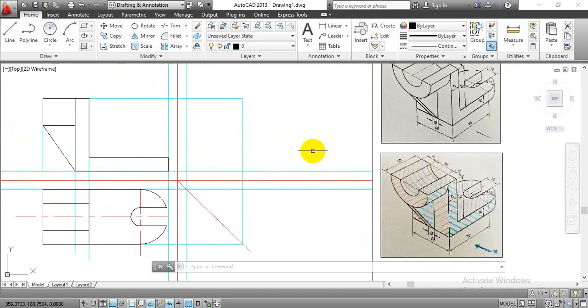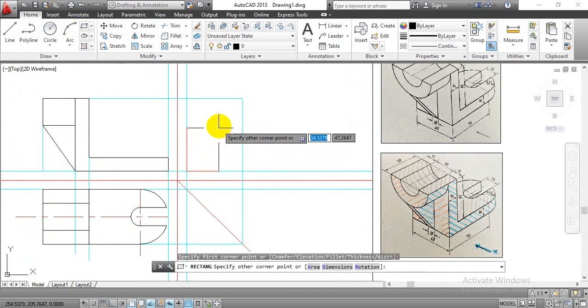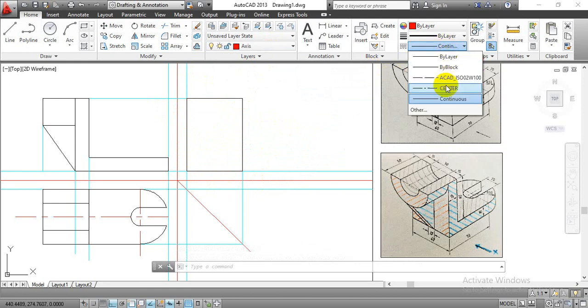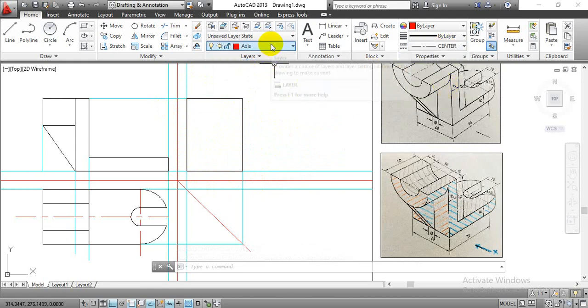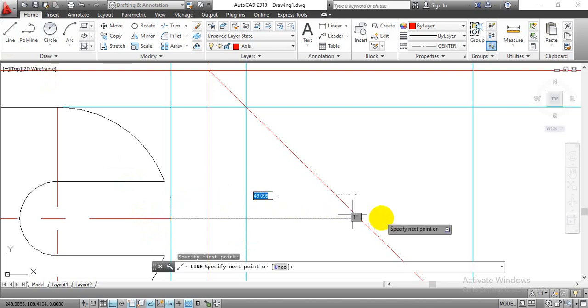So let's draw one rectangle initially. For this, height is equals to 80 and width is equals to 60. Go with this rectangle, select this corner point, this end point. Okay, we can transfer this center line by changing layer to the axis and line type to the center. Select this point, select line command, select this point, draw a horizontal line,